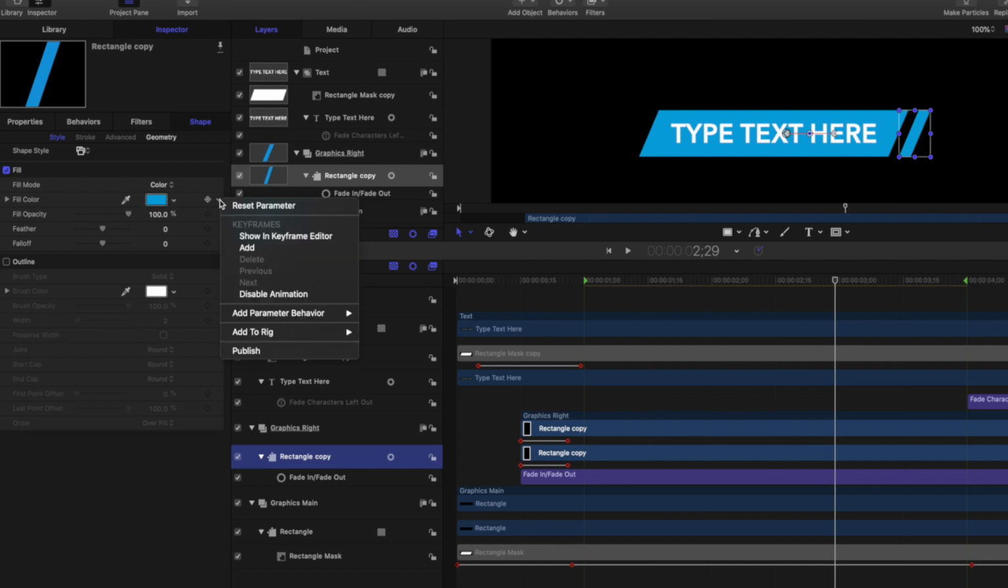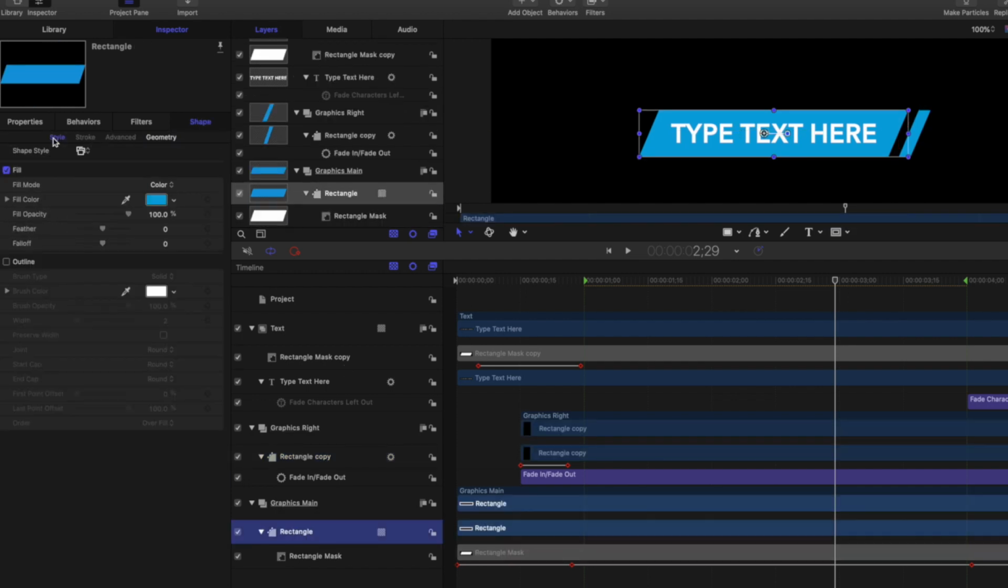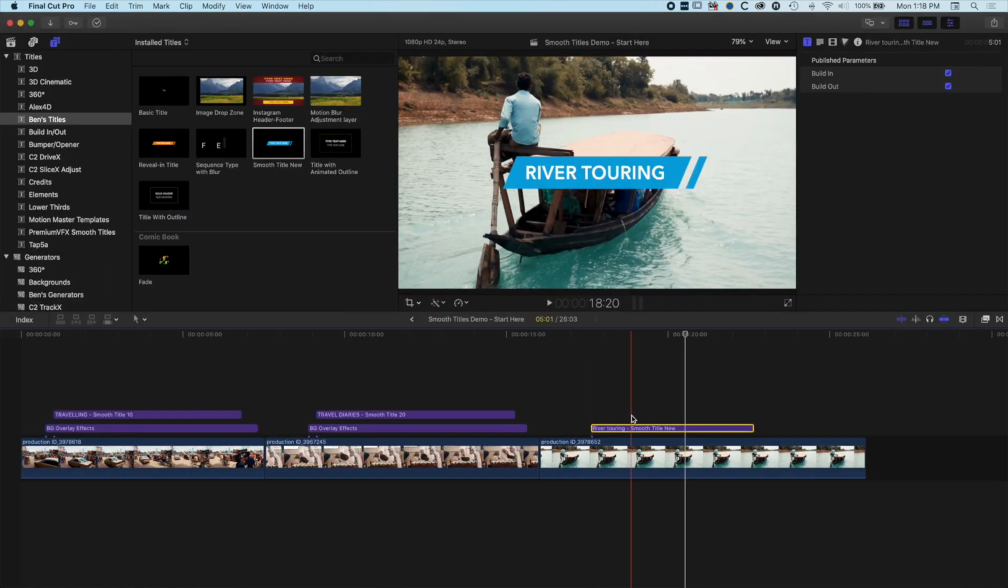So basically if I drop down on the right there, I can publish that fill color, save that, come back to my rectangle in the background, come to my style, and then we can also publish the fill color for that too. So if I save this and we come back to Final Cut Pro, we can delete this